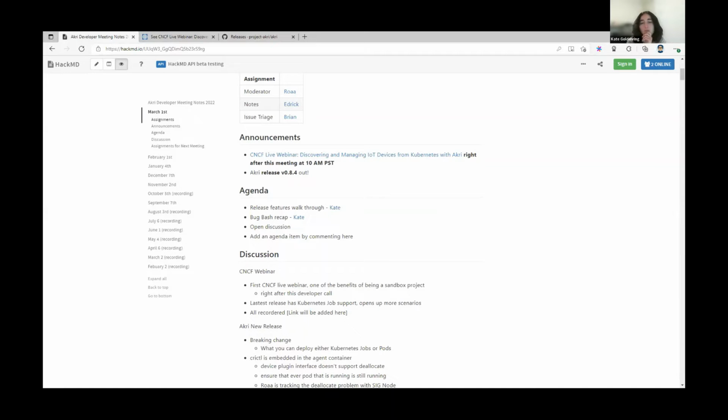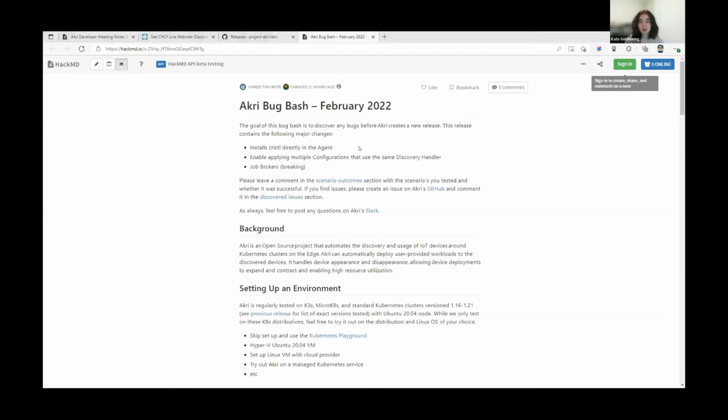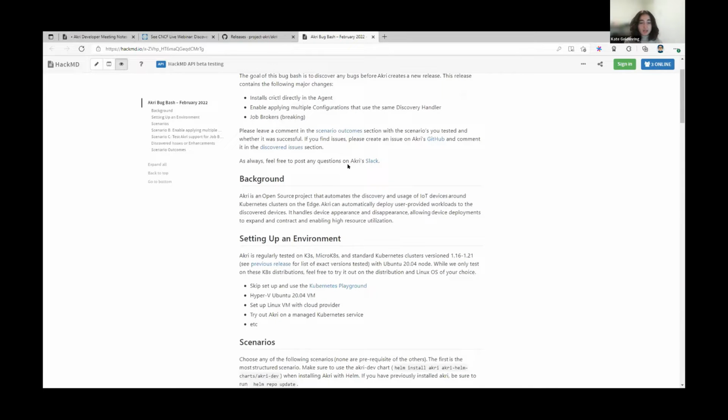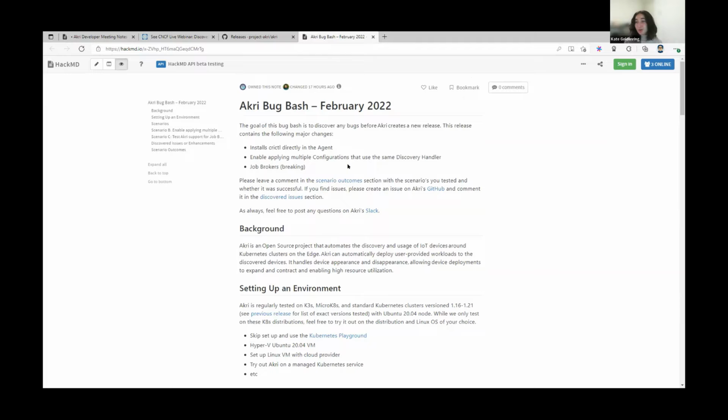So the intent here was, a lot of people are curious how to get started with Akri, and a bug bash is a really cool way to do that because you have to provide explicit steps on environment setup and on scenarios. So you're not only getting started with Akri, but you're also helping, because in the worst case you're at least finding bugs. This is something we might try and do again in the future. I think the first time was us getting out the kinks, but the scenarios still hold, so you can still go ahead and do this bug bash.